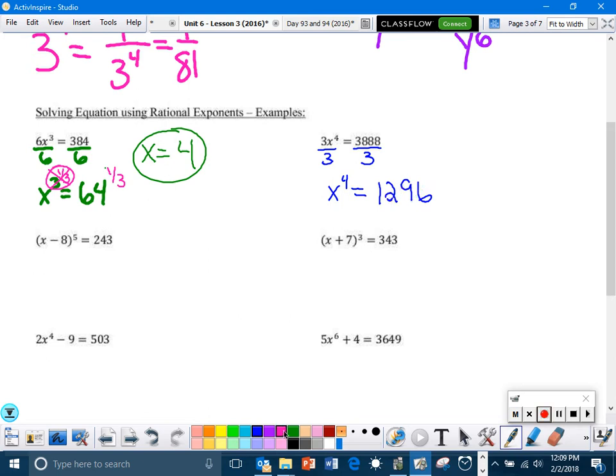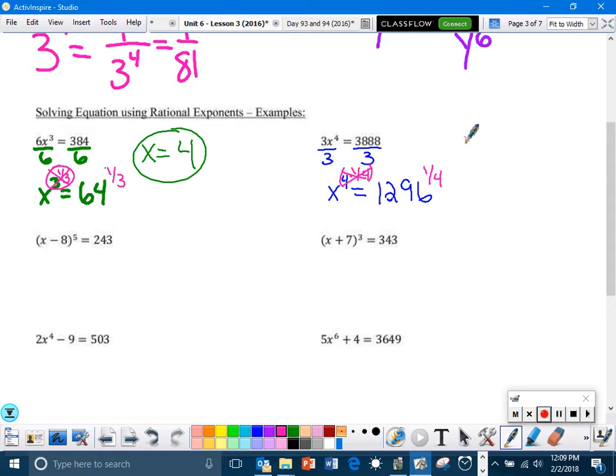Now, I need to get rid of the exponent of 4. So I'm going to multiply the exponent by 1/4. Remember, what you do to one side of an equation, you do to the other. So now this is all going to cancel, but I need to do the 1/4 power over here. So again, take your calculator, type in 1,296 to the 1/4 power,